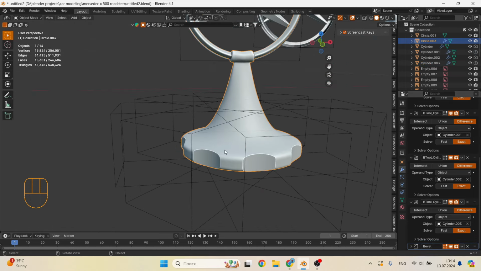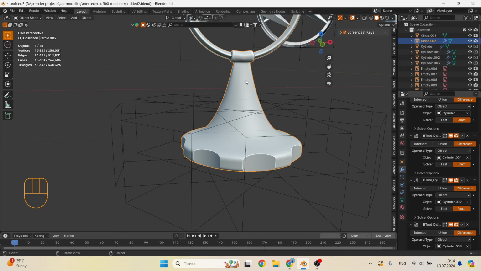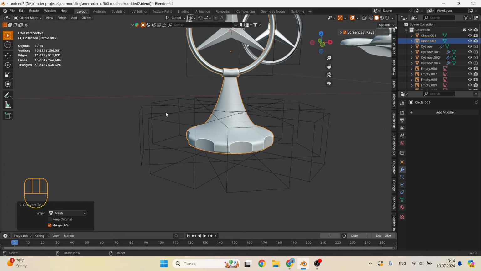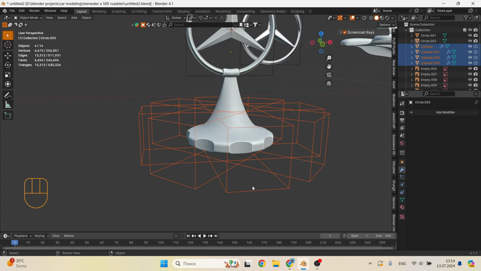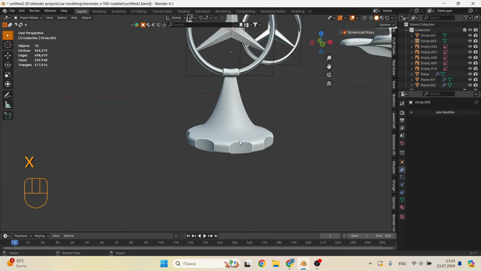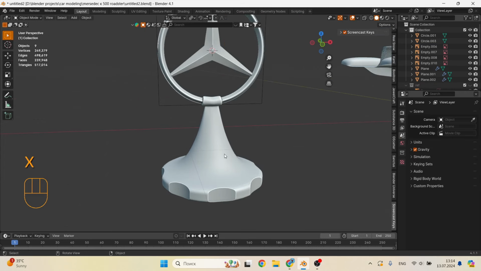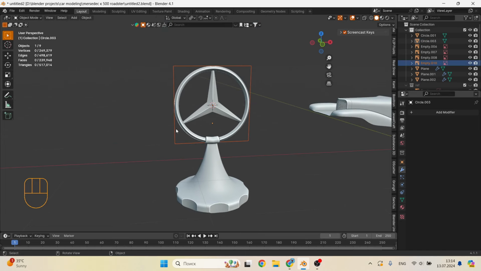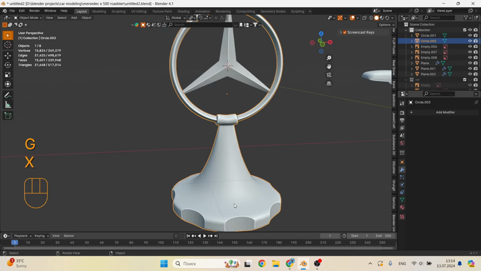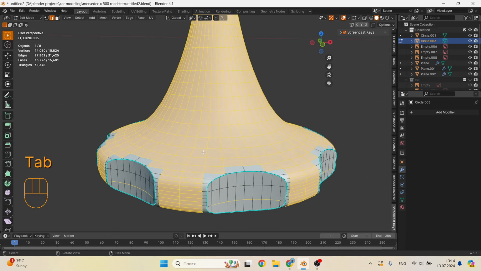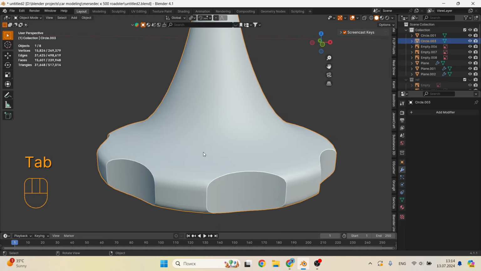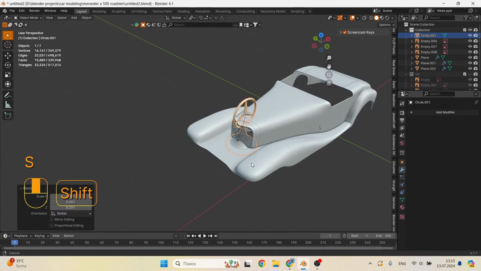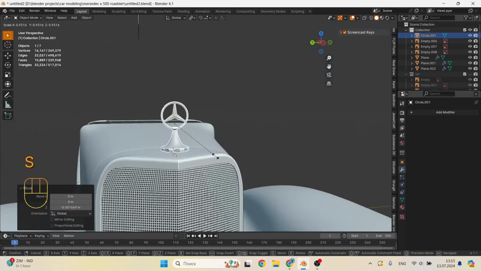Now, in order not to apply all the modifiers in turn, you can right-click on the logo leg and select Convert to Mesh, then all the modifiers are applied instantly. After which you can delete everything that gets in our way. And our part can be considered ready. Now we can admire it a little. Look at what topology we got after the Boolean modifier. It would be difficult to create this manually. Well, now you can place the logo in the most visible and worthy place on the car.